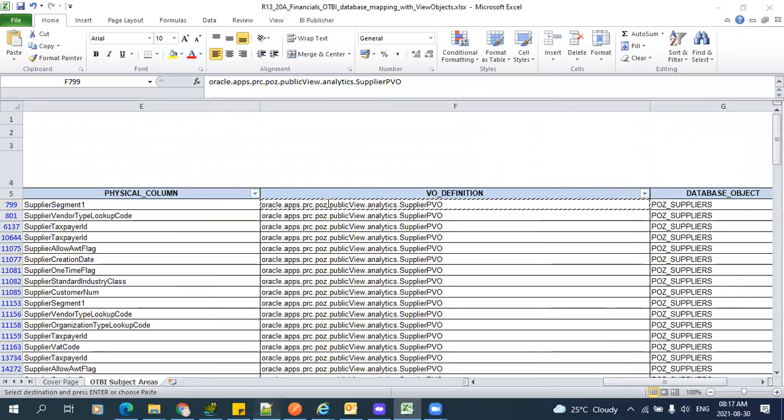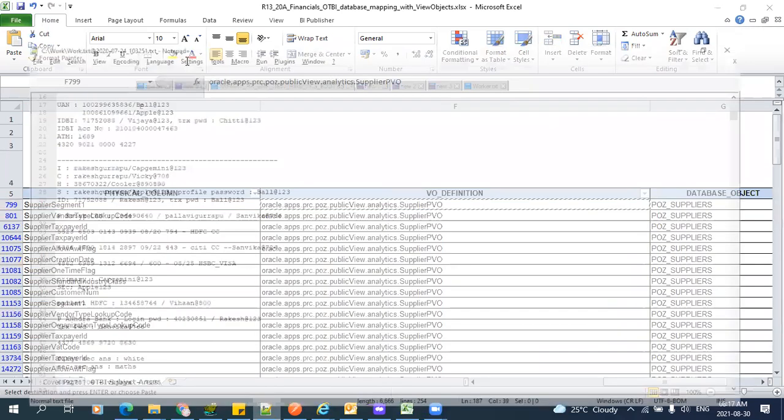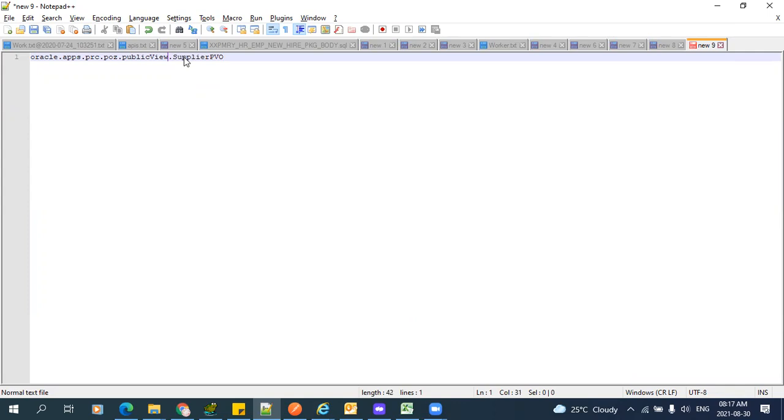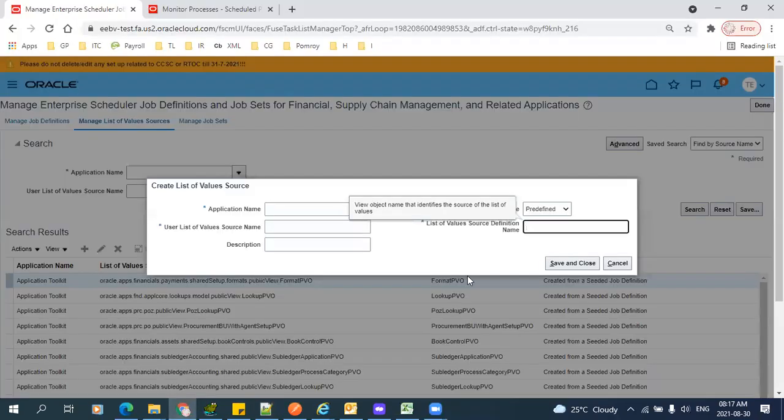This is a VO definition. Just copy the VO definition and remove the analytics keyword from this definition. Do remember, just remove the analytics keyword from this VO definition, and you can use this VO definition as the LOV source for a predefined LOV type. Just copy this, and this is your VO definition name. You can provide your VO definition name here, any user defined name,